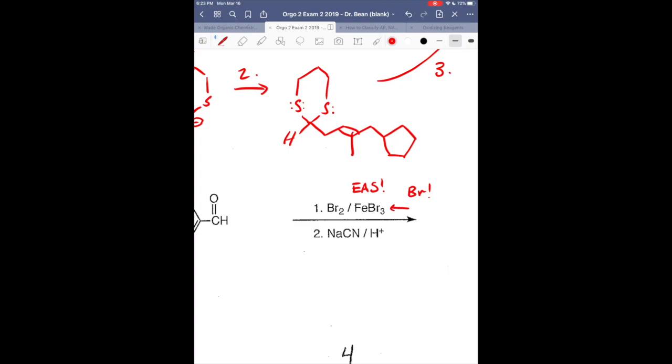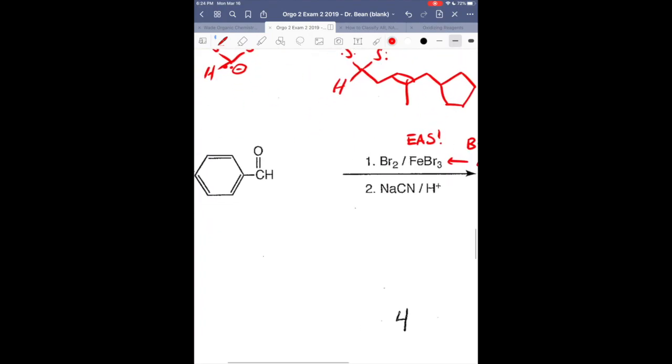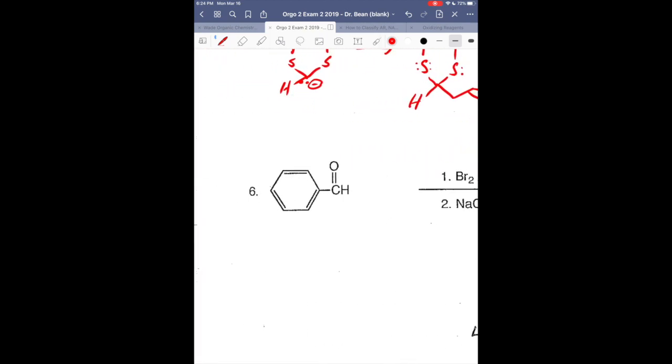It's going to be Br. And the FeBr3 is acting as what? Your Lewis acid catalyst. I told you, you're going to see these EAS reactions typically with a catalyst